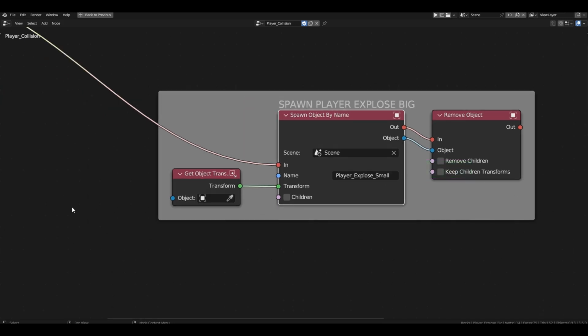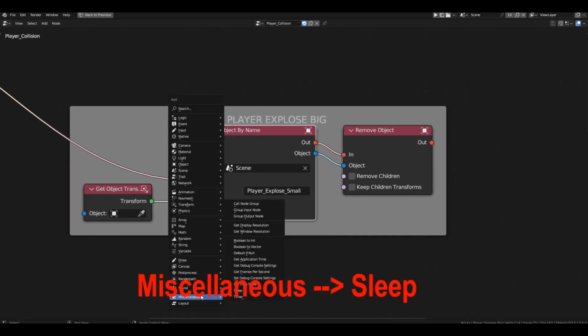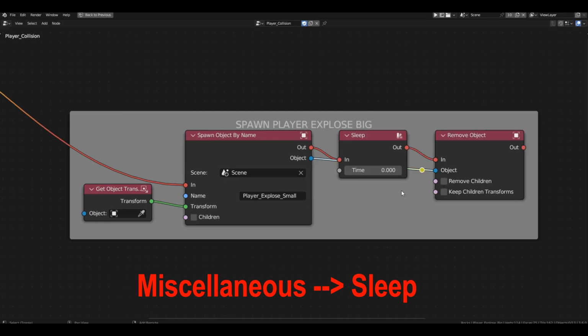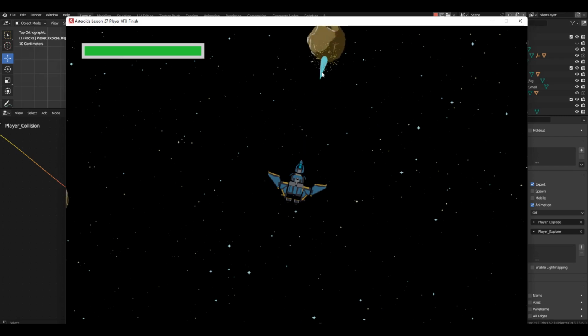The final issue, the explosion will be removed immediately after spawning, and it will happen so quickly that we won't see the explosion. So let's add a delay between these blocks. Get a sleep block and leave its value at 0. This means our delay will last until the end of the current tick, and in the next tick, the object will be removed. Start the game.